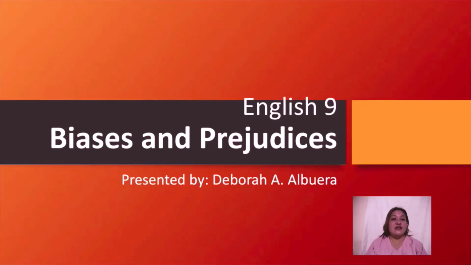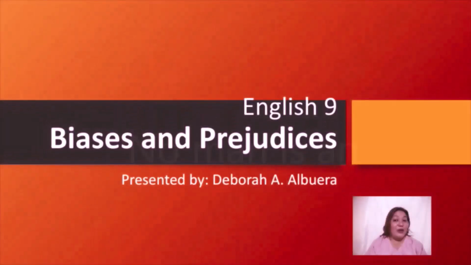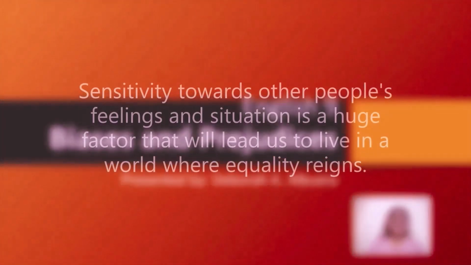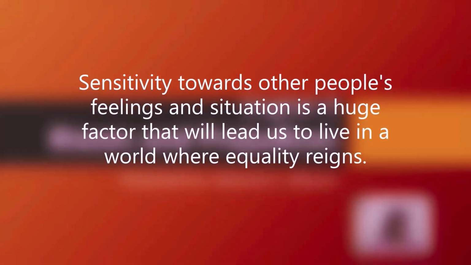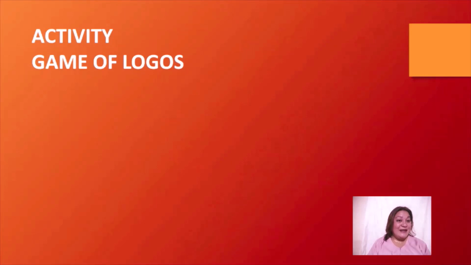Now, why do we have to study biases and prejudices? At your age, you are already very familiar with the adage, no man is an island, aren't you? We have learned to live not only on our own, but also with the presence and help of other people. As we interact with others, some circumstances are not always warm and accommodating. They are sometimes accompanied by rejections and discriminations. Sensitivity towards other people's feelings and situation is a huge factor that will lead us to live in a world where equality reigns. But before we proceed to our lesson, let's have first an activity, and I call this activity